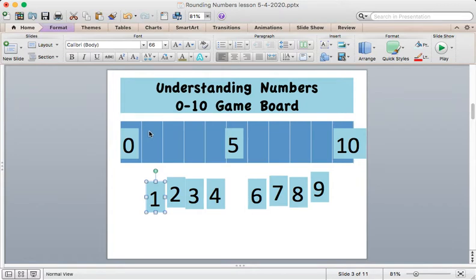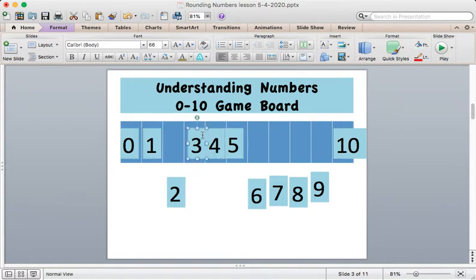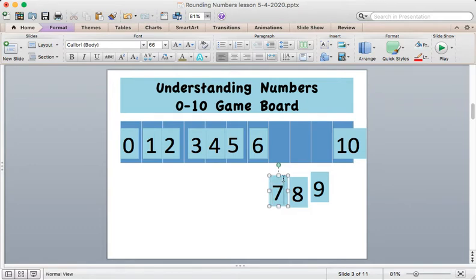1 is our first number, but that's simple when we're thinking in terms of 1 to 10. We need to think in terms of what's our middle number and what comes before the 5 and what comes after the 5 for our rounding. So 4 comes before, then 3, then 2, and then 1, 0. After 5 is 6, 7, 8,